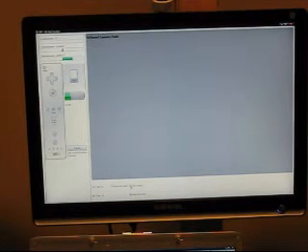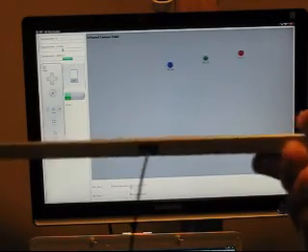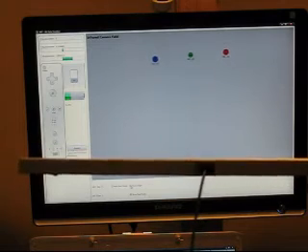Since I don't have that hardware with me at the moment, we're just going to take a look at this with the LED lights that come with the